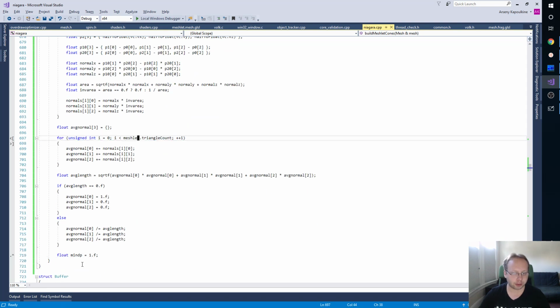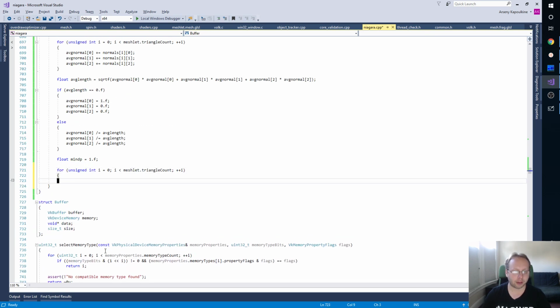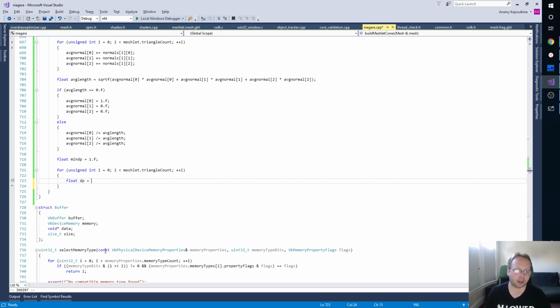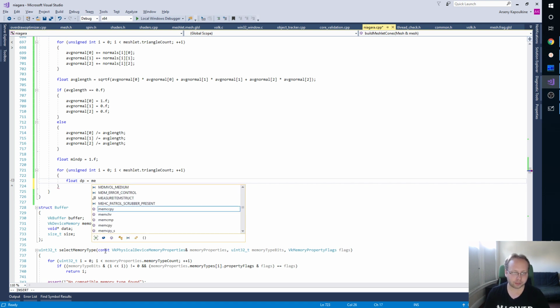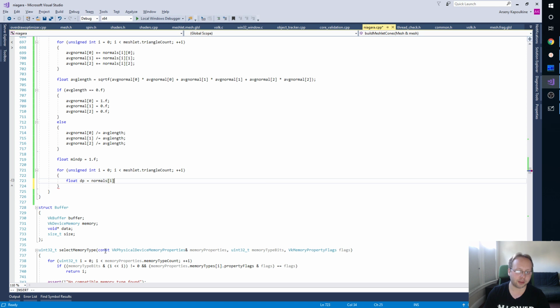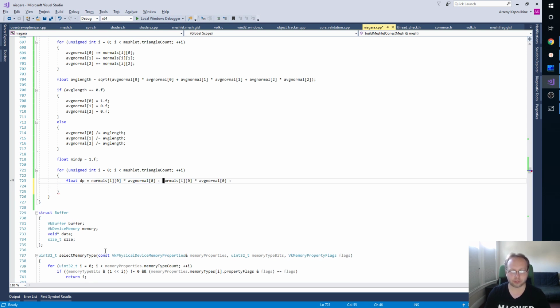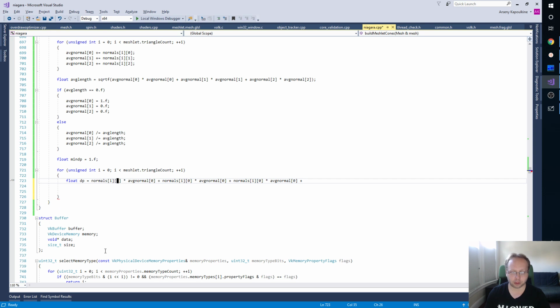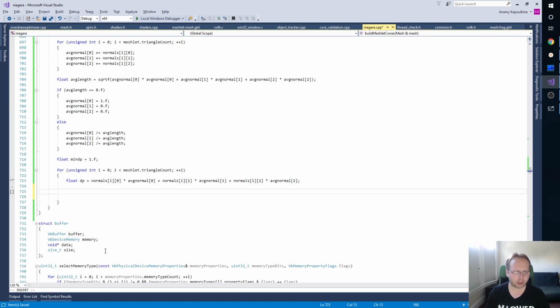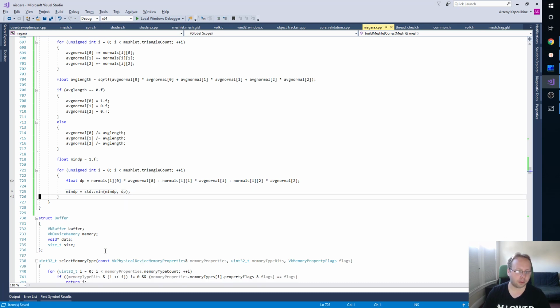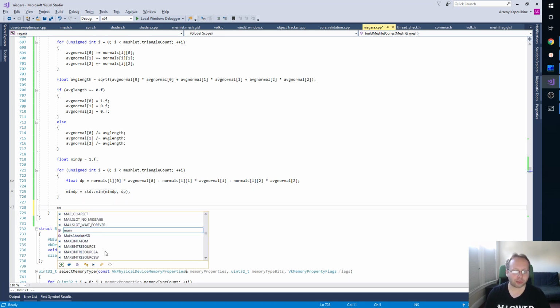Yeah, so we need another loop where we say normals I0, average normal 0. Oops. All right. And then okay, so probably there are some bugs in this code, but